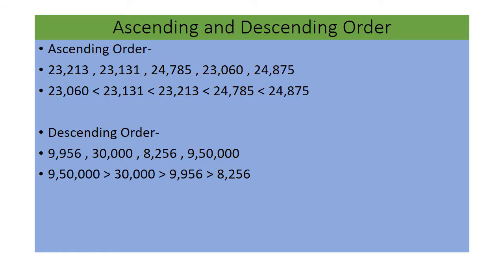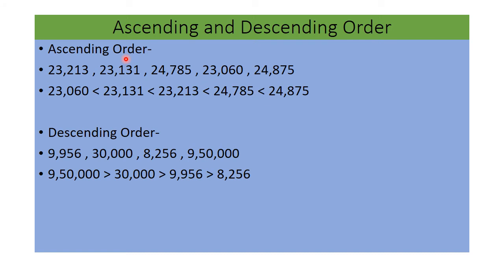Now dear students, so far we have discussed the ascending and the descending order, and now I am going to take a few examples and make it clear how you can arrange the numbers in ascending and in descending order, right? The first question which I have taken for you is that there are 5 numbers which are neither in ascending order nor in descending order. What we are supposed to do here is arrange them in ascending order. So how will we do that?